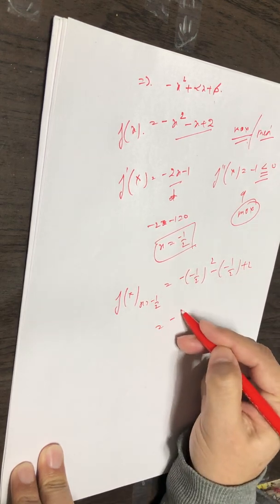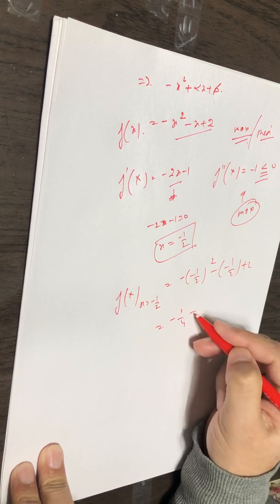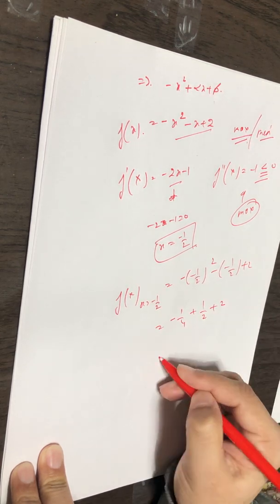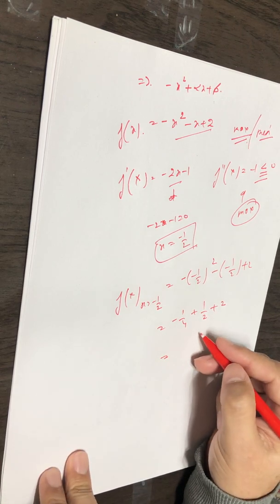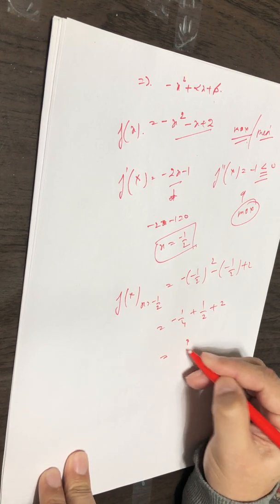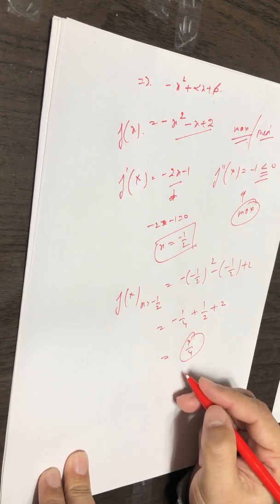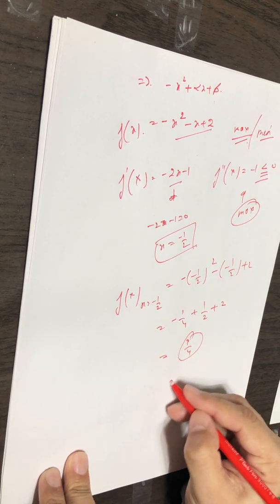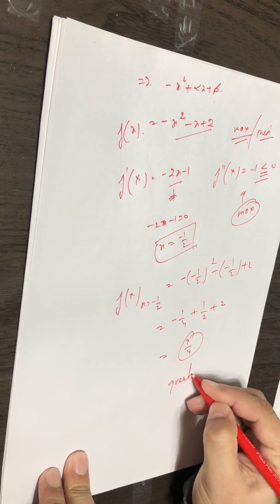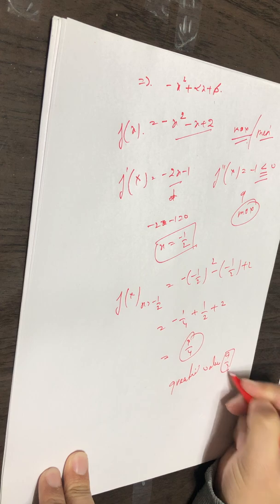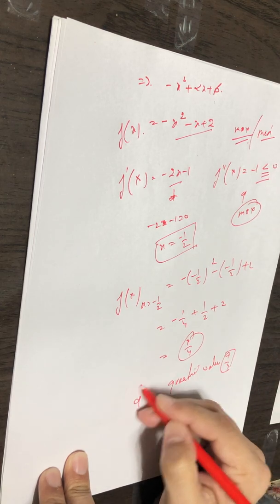So this will be minus 1 by 4 plus 1 by 2 and plus 2. So we are going to get this equal to 9 by 4. So we already know this is a maxima, so we can write it as greatest value 9 by 4. So option D is the